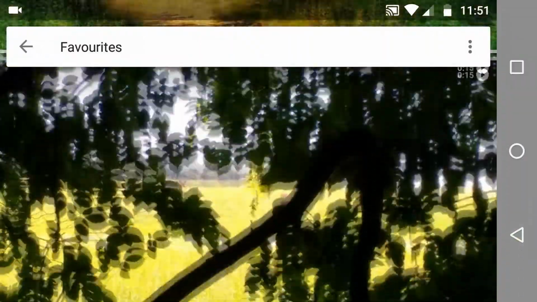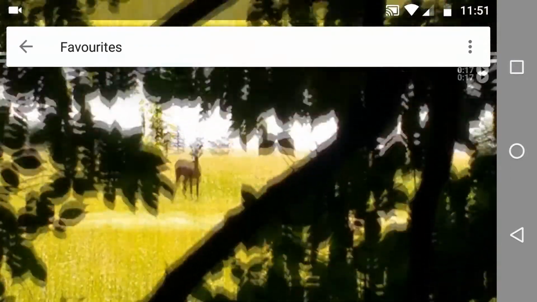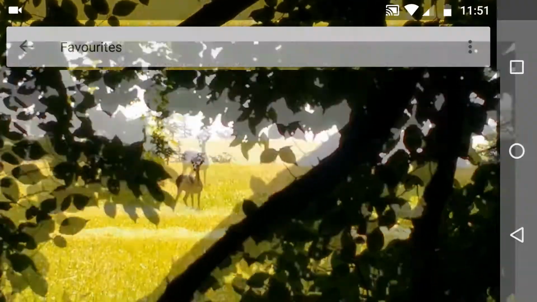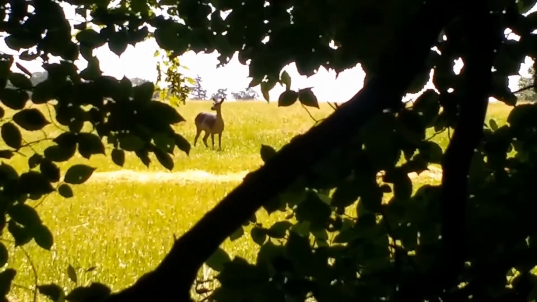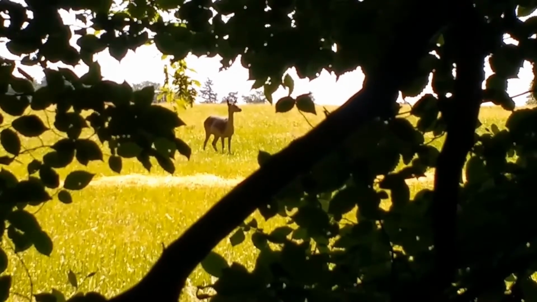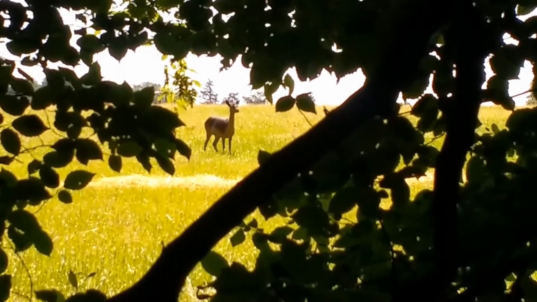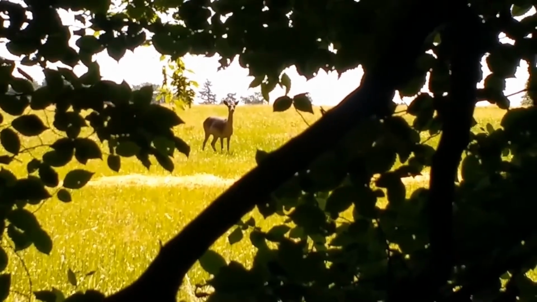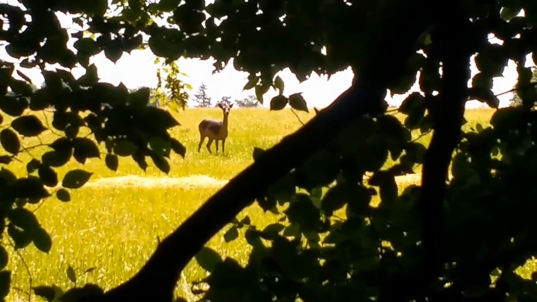I believe it's this clip. So let's play this. This is hit stabilize, hit save, wait, and then you get this. Notice the deer is pretty much not moving, and of course the silhouetted tree trunks or branches are very, very non-moving, and that's the 17-second clip over. Very static. And then the other one looks like this,